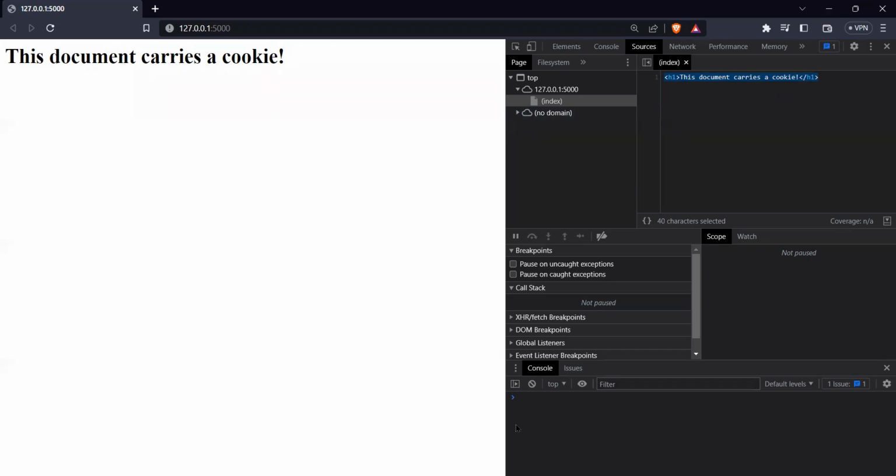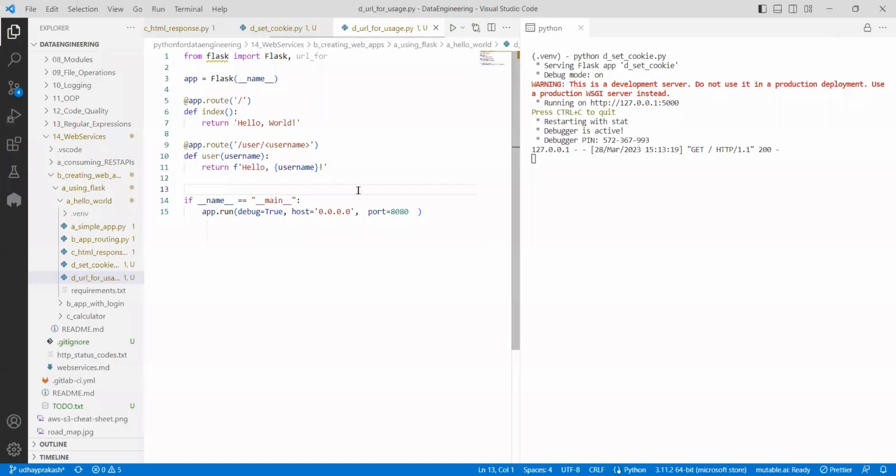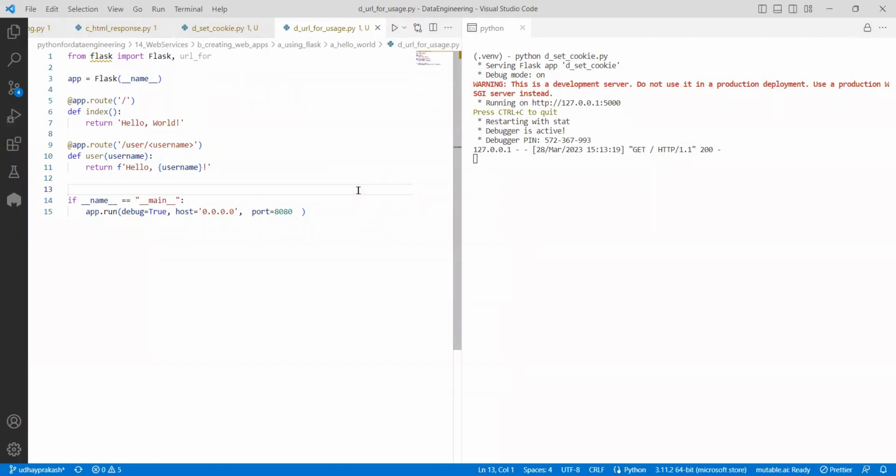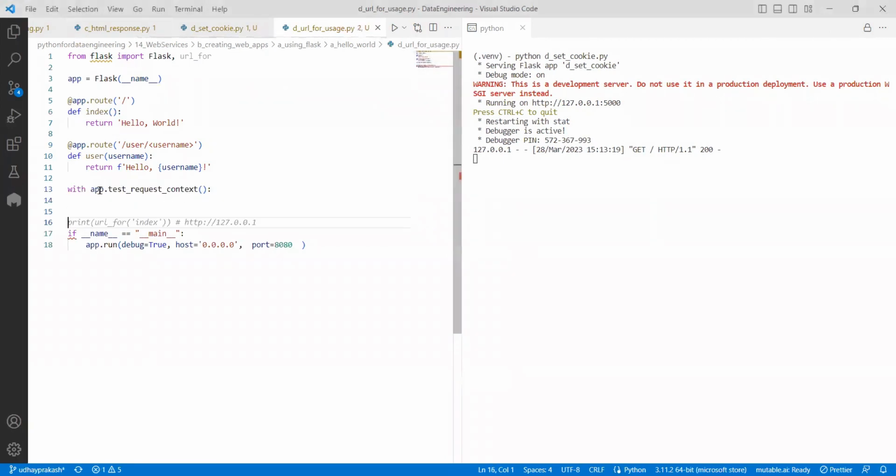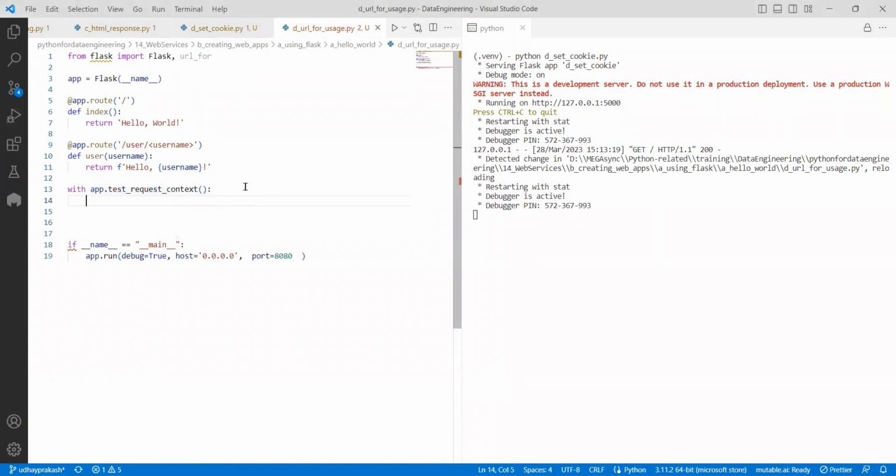Now going back to this, how can you test that this particular thing is working? You cannot ask anyone to just see in the UI and verify that it is working. There should be some kind of validations, right, when you're saying this will work like this. So for testing that kind of thing, we have app.testing, so context, we can do like,